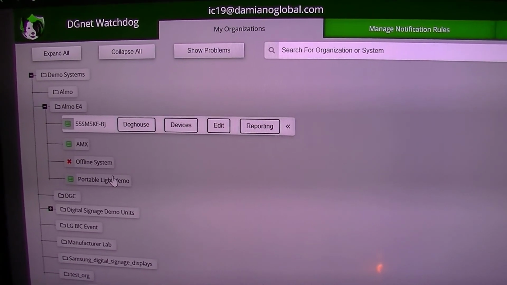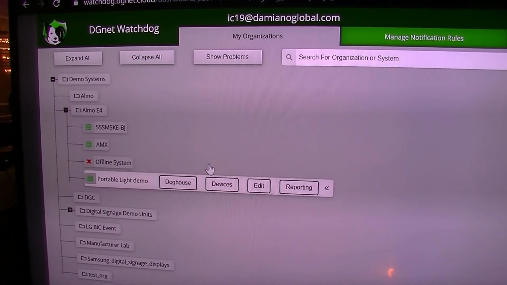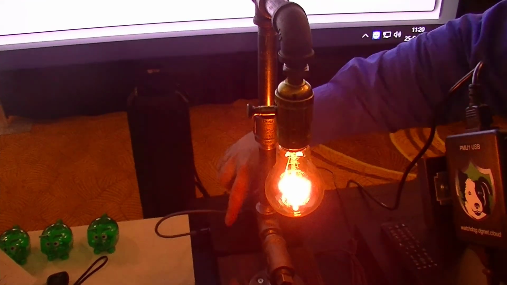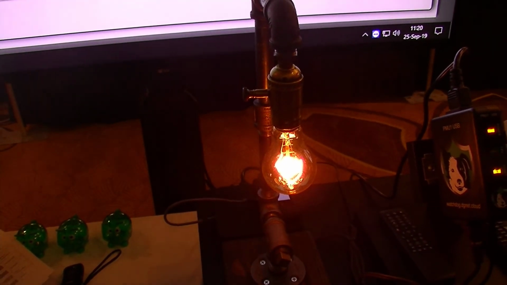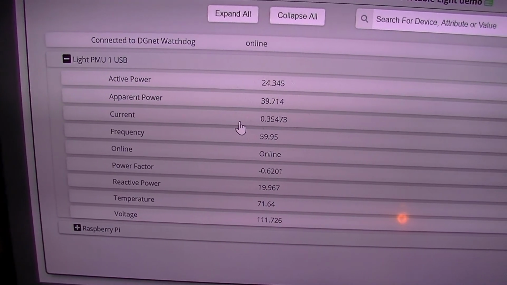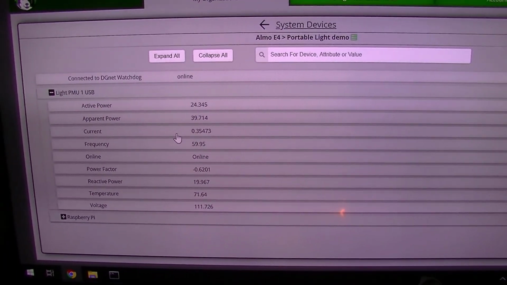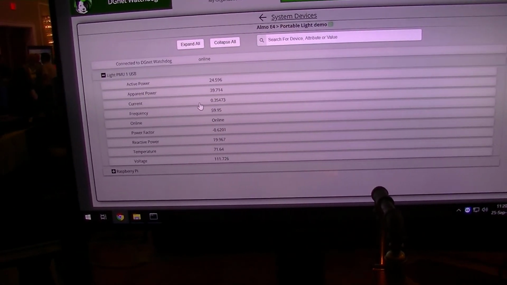So right here we have this portable light demo, and just to give people an idea of the versatility of this, we're monitoring the power consumption of a light bulb. This is using our Python library, and it's connected to a little mini PC back here. And right now we can monitor all kinds of things: the active power, apparent power, power frequency, even the power factor, reactive power, things you just never imagine. But the thing we're interested in here is the power current. So I've determined that I want to make sure that this light bulb is on at just the right dim level. So I have it set where if you dim it too low,